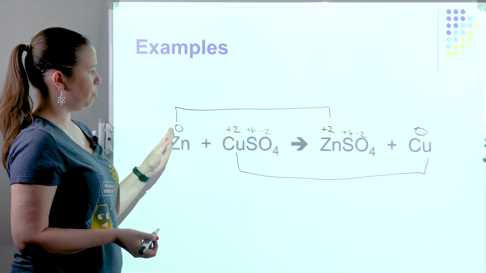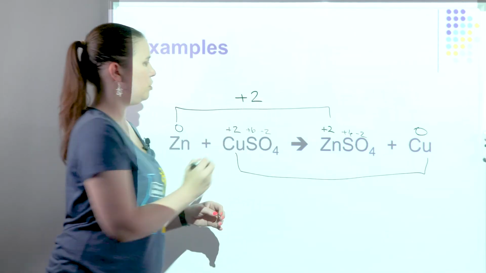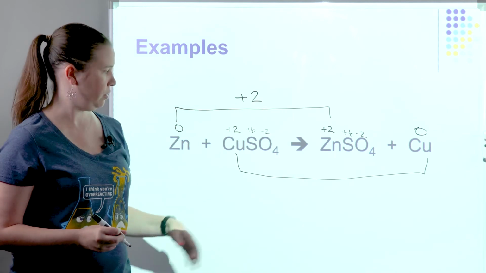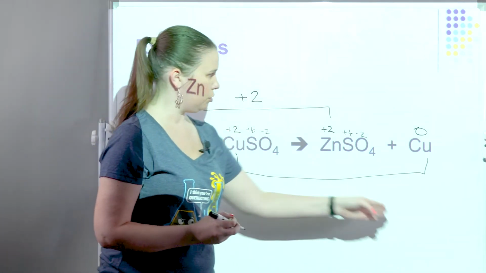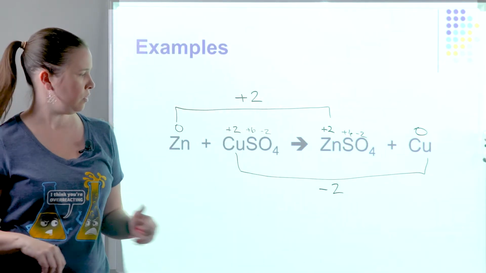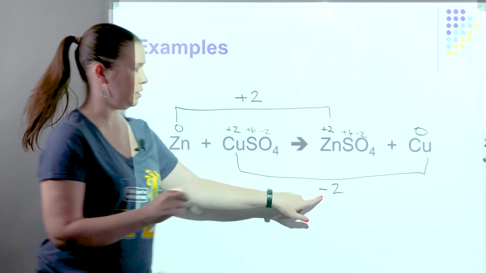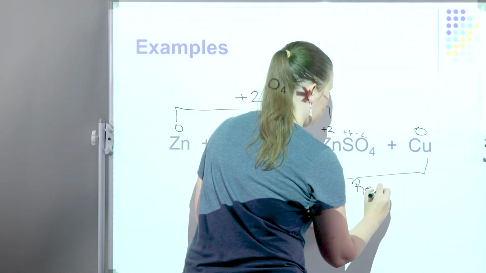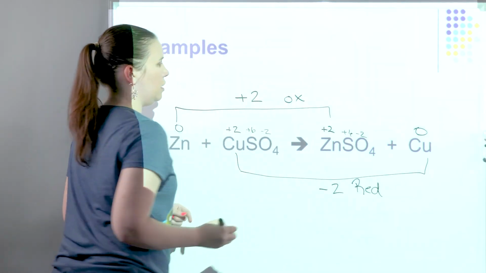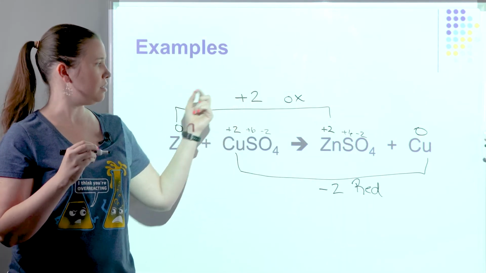In order to go from 0 to +2, I have to have an increase of 2. So I'm going to write the change in oxidation number in the center of the bracket. In order to go from +2 to 0, I would have to decrease the oxidation state by 2. So I'm going to write a -2. That -2 is always going to indicate the reduction, whereas the positive change in oxidation number will always indicate the oxidation. The oxidation number is increasing because the substance is